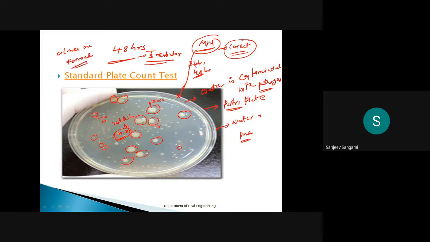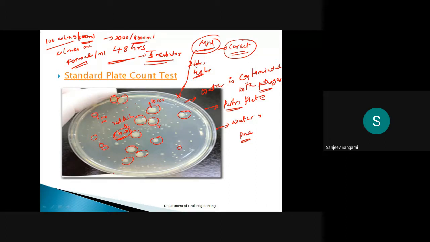How many colonies are formed per ml? If you take 1 ml of the sample water and distribute it throughout this plate, then you just count how many colonies there are, one, two, three, four, five, six, small colonies and big colonies, all of them. You can say 100 colonies per 100 ml. Normally the unit is 100 ml. It could be 200 or 2000 per 100 ml. That conversion you can do, per ml or per 100 ml.